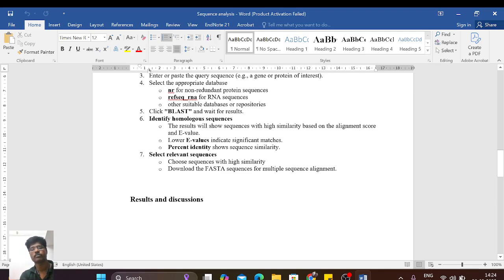So in the results, you should check how much percentage of identity is highly shown. You should choose the high percentage identity with the very lowest E value. The lowest E value means a good result, so the largest negative value means the good result. By this way, you can find the similar sequences, maybe in a protein or in DNA